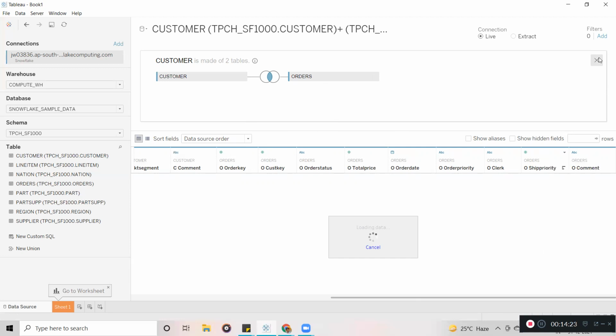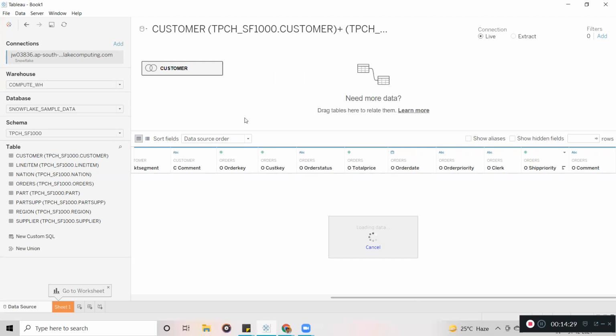Now I am going to close this one. After giving the join type, you can close this one. Now here you can see this symbol, the set symbol. Here it is a logical table only, but behind it 2 tables were joined. Now with this, if you want to join anything, for example supplier, you can join.